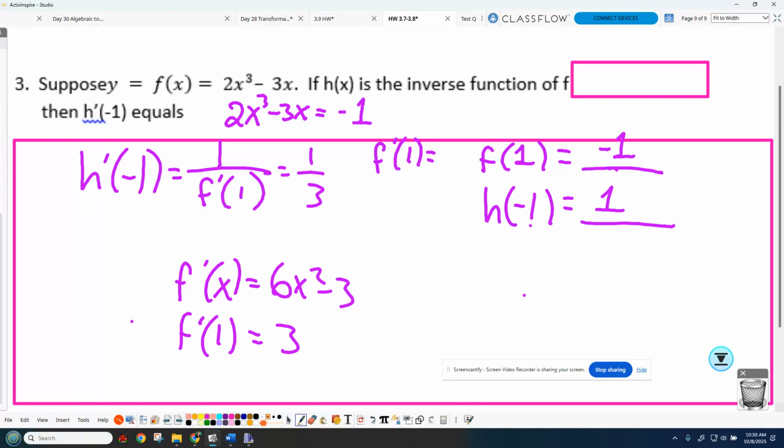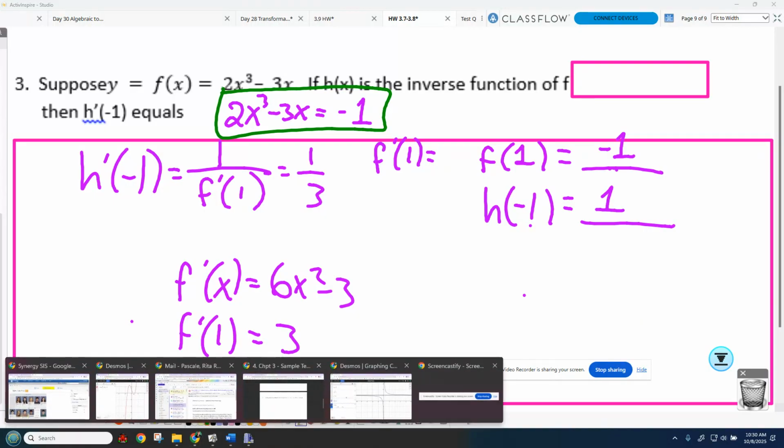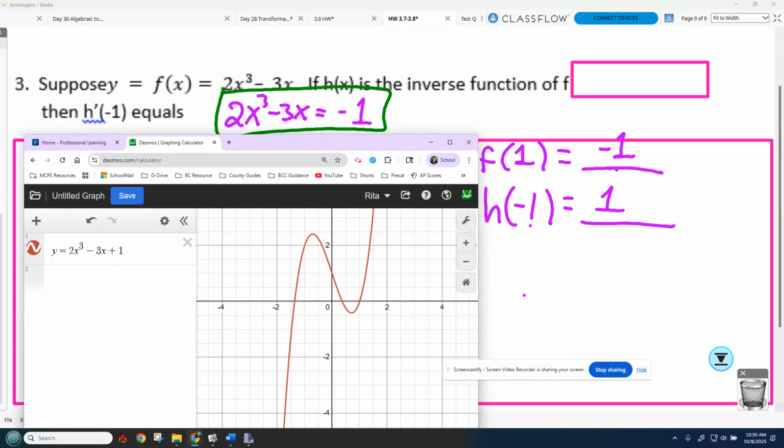Sam? Wait, so I see how when you plug in f of 1 you get -1 just by doing that, but it wasn't the 0, it says 1, 0, so like what was... Okay. Oh wait. Okay, so where is it? So let's see. I could have said,